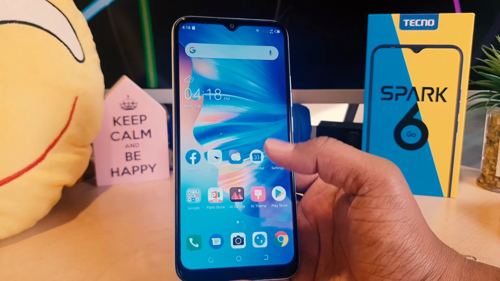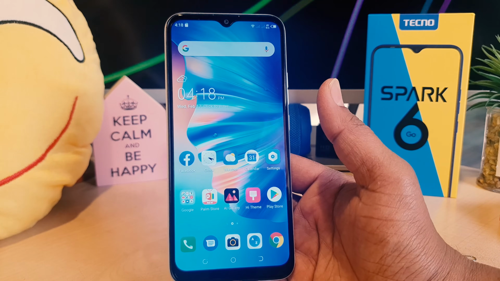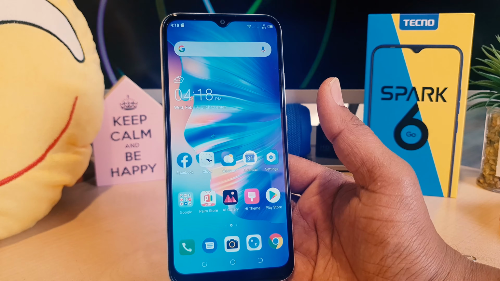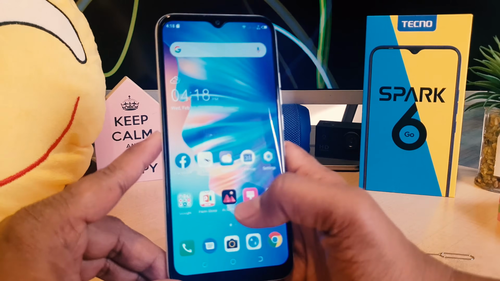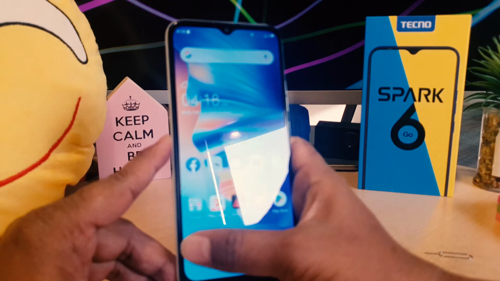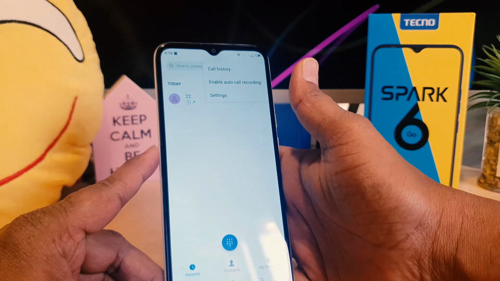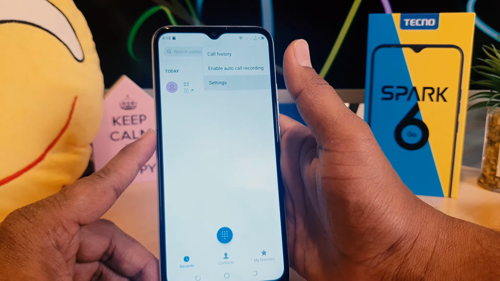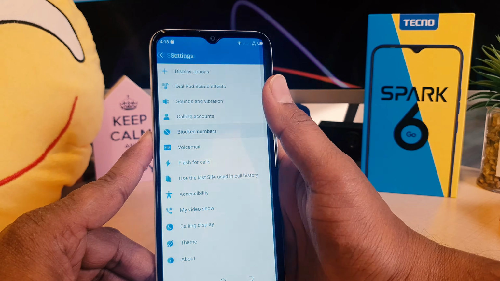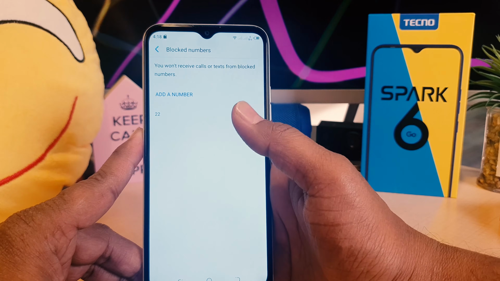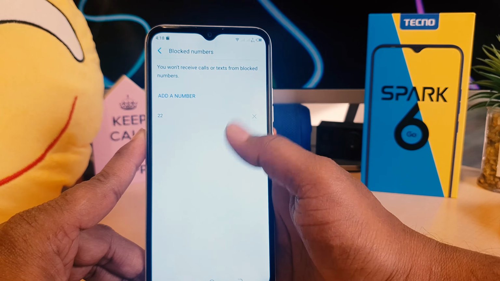Now let me share it too. You might decide to return him from the block list, or you would like to see all your block list in your phone. In order to do that, you need to click here this dial pad and click this three dot. After clicking over there, you need to click here setting. After clicking over setting, we're going to see here something says block number. Here we're going to see all our block number list appear.